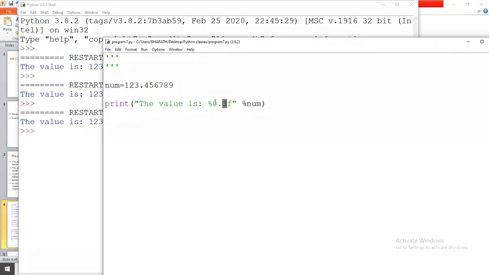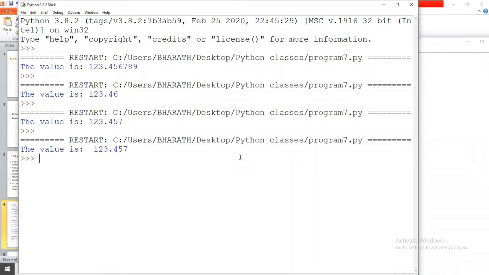Here the 0 indicates how many spaces you want. So for example, here I give 8. If you observe, here there is a space: 1, 2, 3, 4, 5, 6, 7.